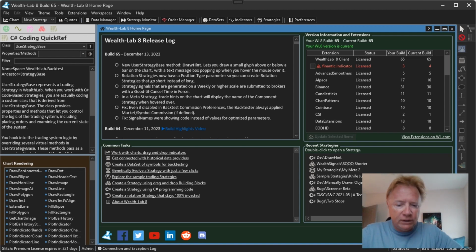So first of all, we had to release Build 65 a little bit prematurely before we were able to complete the documentation. So you won't find these features documented in the help yet, but that will be updated for the next build. And with that said, let's get into the first new feature, which is a new method in our